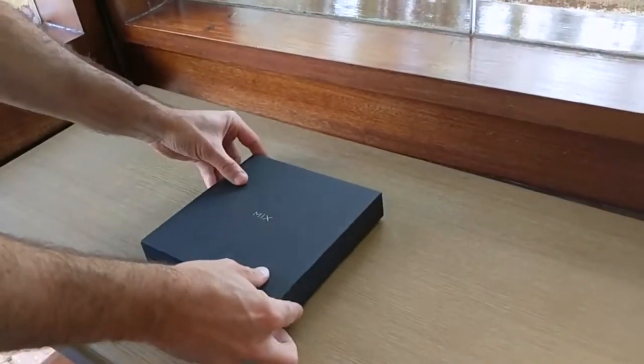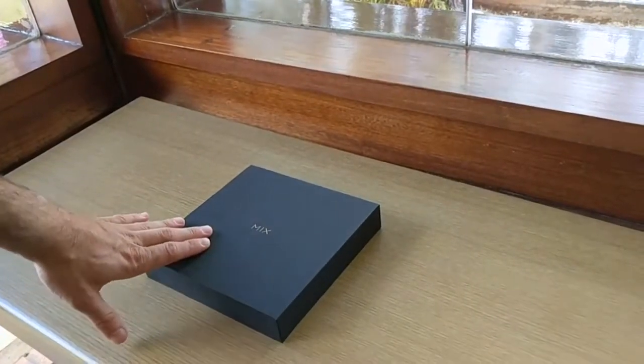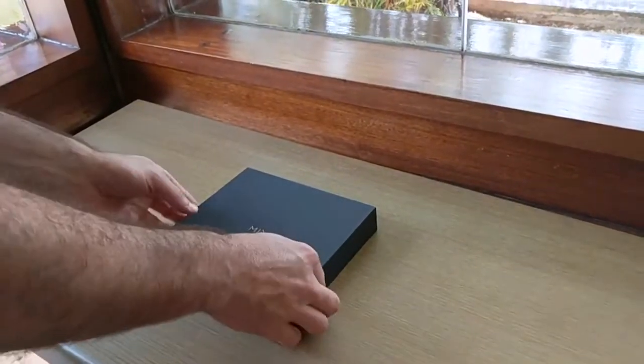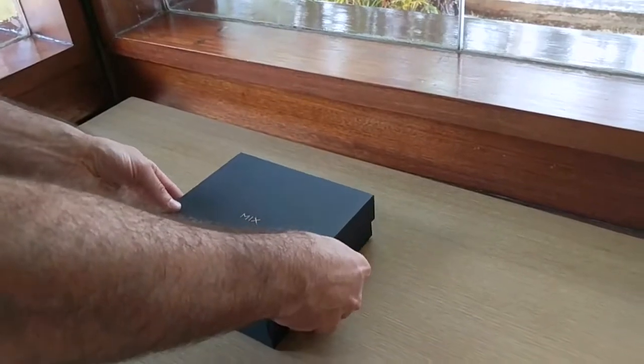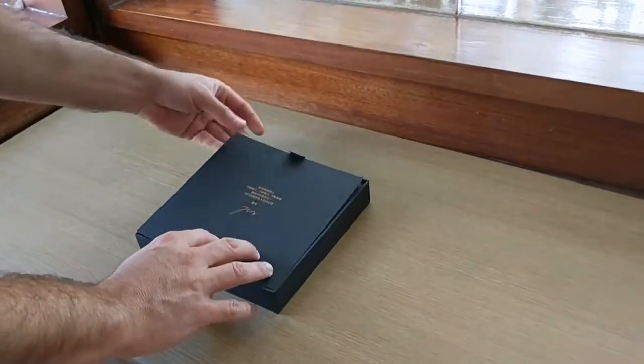Hey guys, this is my Mi Mix 2 unboxing, as requested from the comments in my post yesterday. I'm gonna get right into it. It's a pretty small square box over here, and what you see right on top here is sort of like